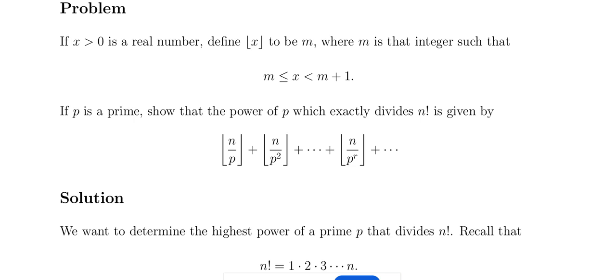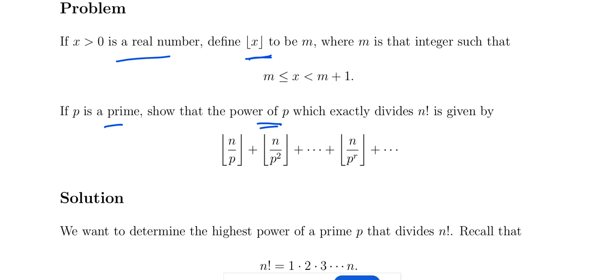For x greater than 0, x is a real number; the greatest integer function of x is defined to be m, where m is the integer such that x lies between m and m plus 1. If p is prime, the power of p which exactly divides n factorial is given by